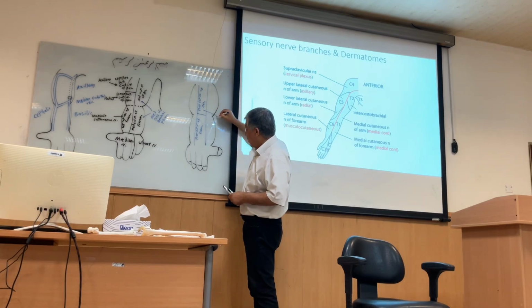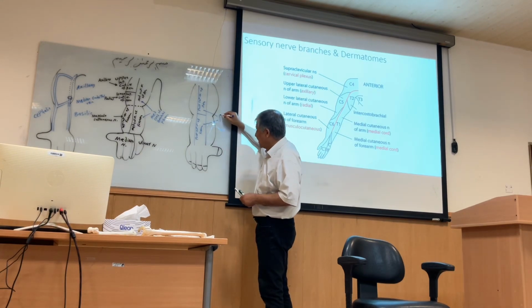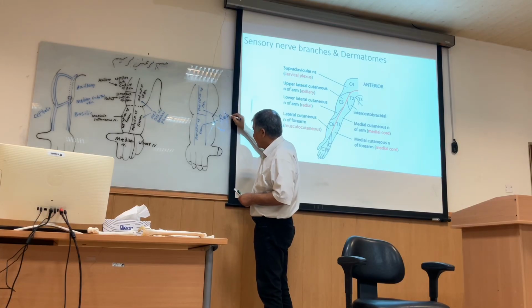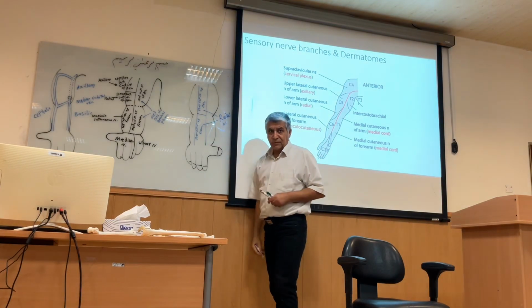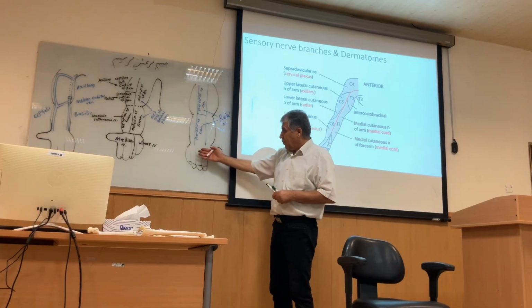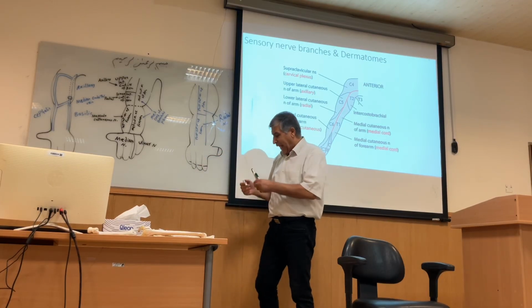Both of them are branches of the radial nerve. Okay? Posterior or dorsal surface of the hand